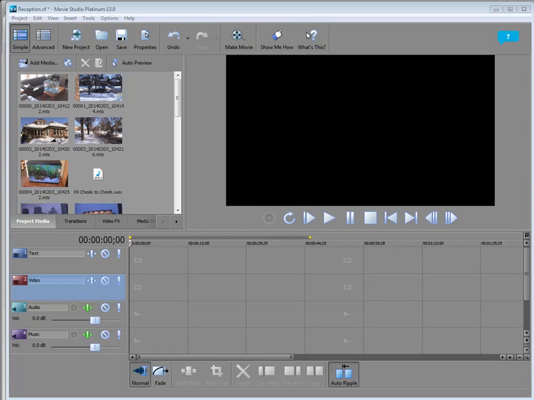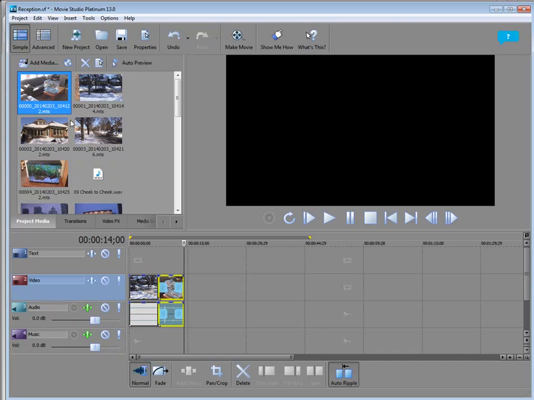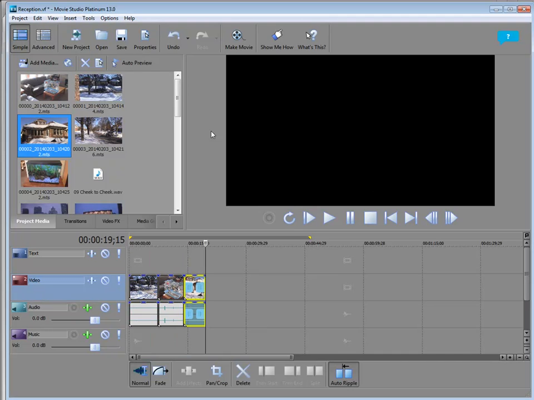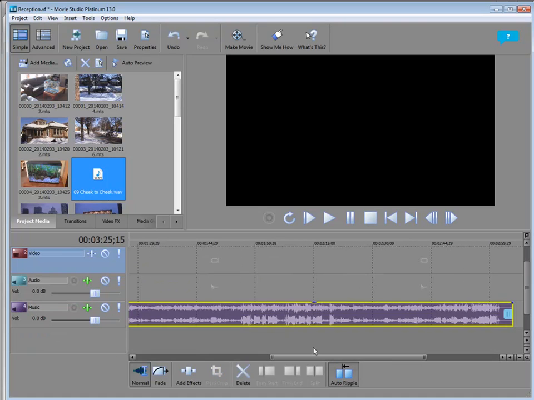Now you have a music track and an audio track and a video track and a text track. You can put video on the text track, you can add additional video tracks, but basically the program is set up, or in simple mode, the basic idea is that you're just going to quickly pull together a single track of video. And you would do that simply by dragging your video here down to your timeline. Just drag a couple pieces here, one after another. And then we would add our music right along the bottom here